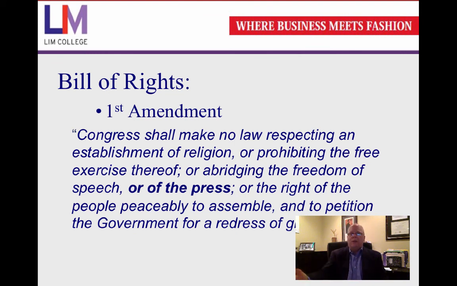All right. Continuing on, the First Amendment says the Congress cannot abridge the freedom of speech. You have a right to say what you want. There are some limitations on it. We're going to go over those. But you have a right to say what you want to say. The First Amendment also gives the press the freedom to print whatever they want to print, as long as it's absent of malice, but we'll get into that. And it's the right for people to peacefully assemble. Okay, so you're given a lot of rights. You're given a lot of power just within the First Amendment to the Bill of Rights.